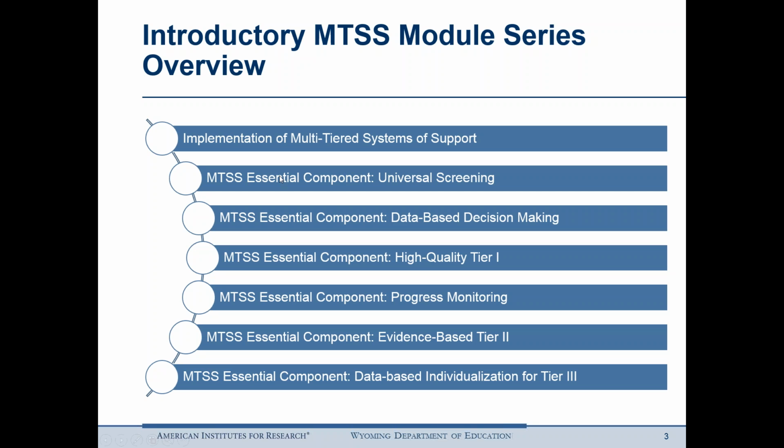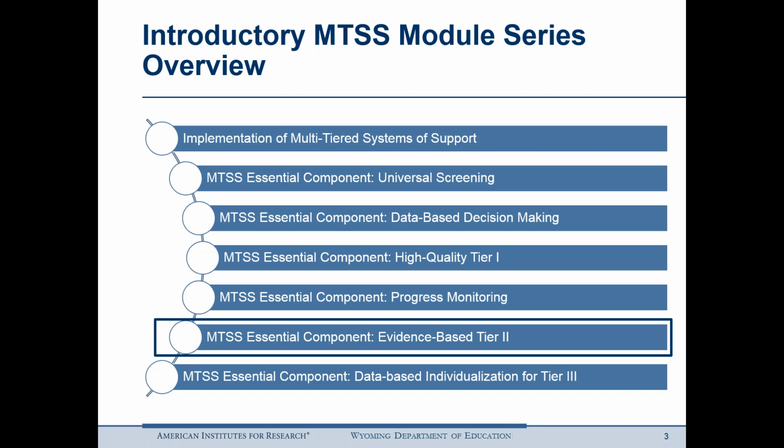Today's module, MTSS Essential Components Tier 2, is the sixth of 7 modules. The remaining module will introduce you to the final essential component, data-based individualization for Tier 3. The content presented today should in no way be viewed as exhaustive or legally binding. You should continue to seek and participate in ongoing professional development related to the topics presented today and in past